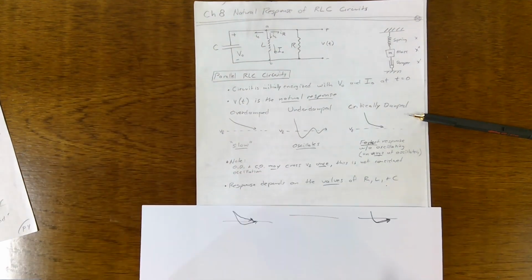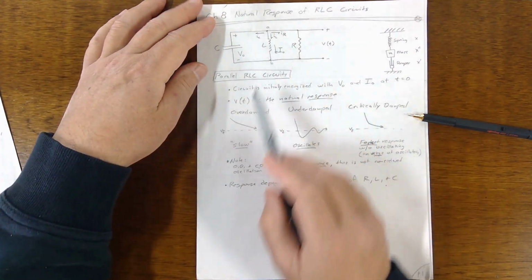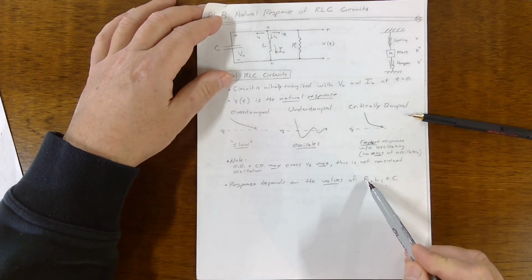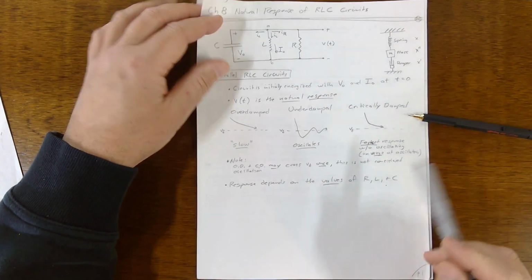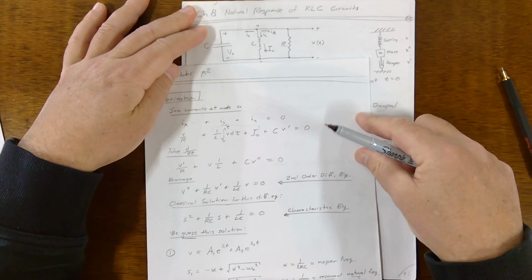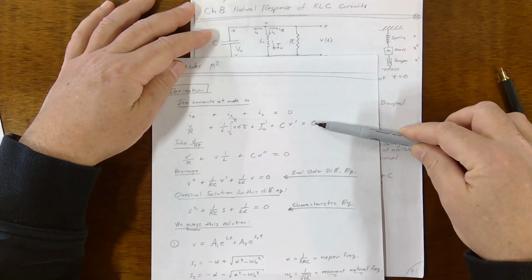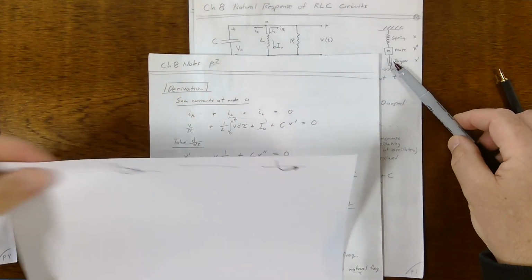All right. So the response depends on the values of R, L, and C, whether you're going to get a critically damped, overdamped, or underdamped response. And I was talking mostly about R, which is analogous to the damper, but L and C have an effect as well. So here's the derivation for this circuit, right? This is the circuit's derivation for this thing,